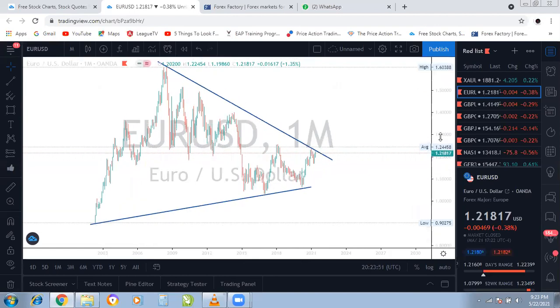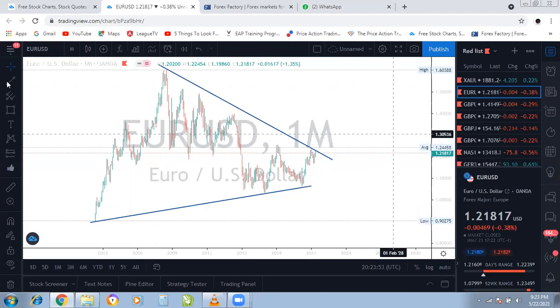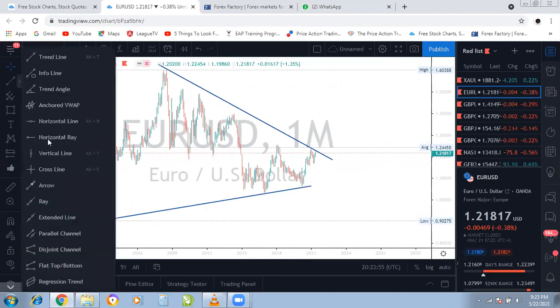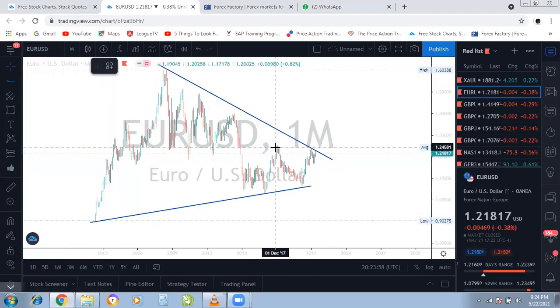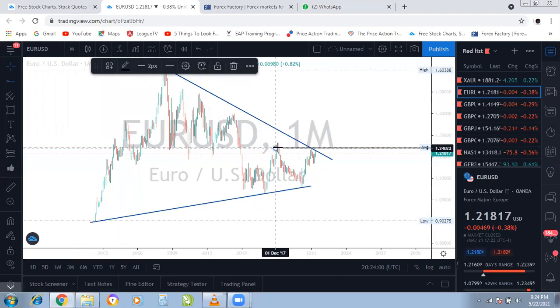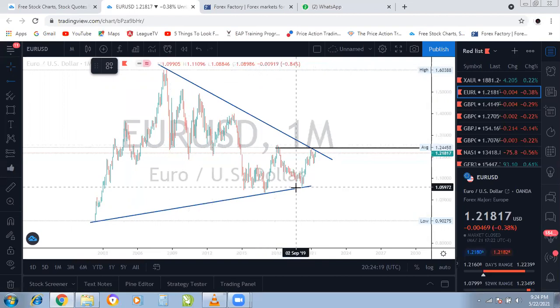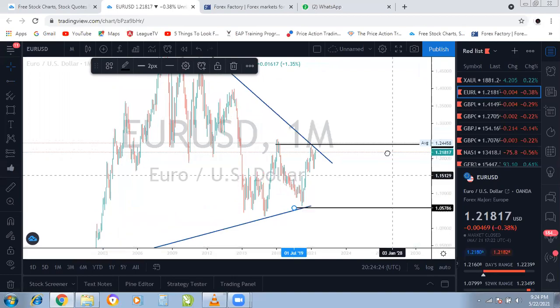Now I need to mark some key levels here. Why? Because I have the first touch here and I have the second touch. And from what has happened in the past, this level here is a major level. Look at it. Major level, major level, major level. So I need this level here, and also I need this level here. So these are my two key zones that I